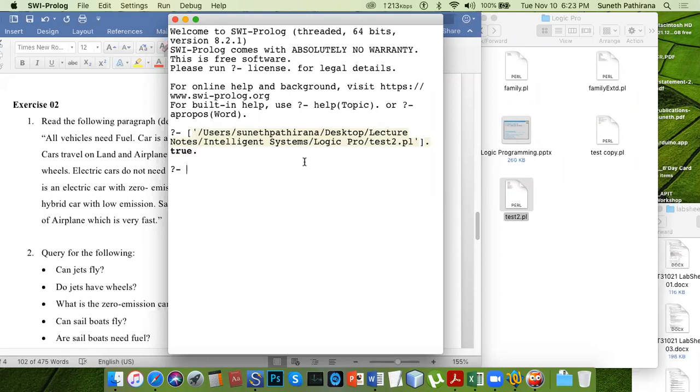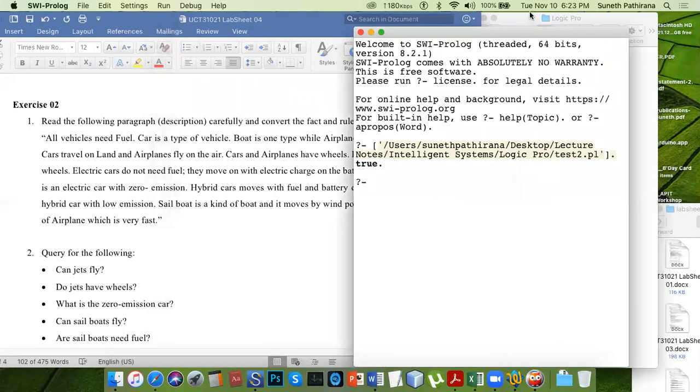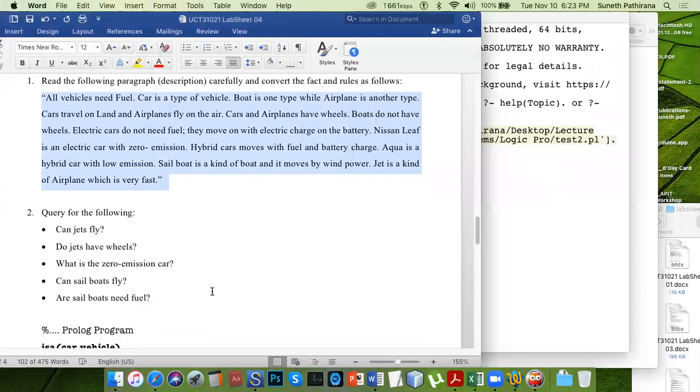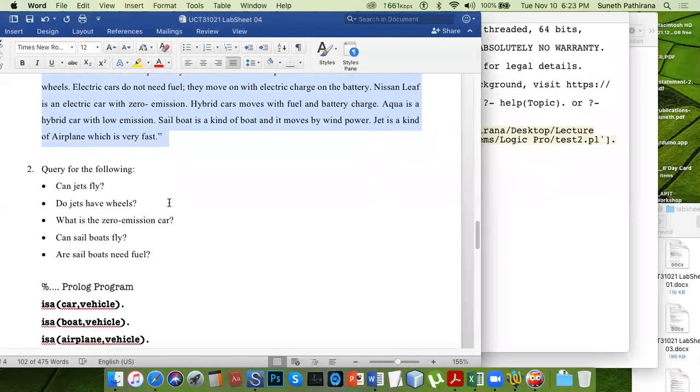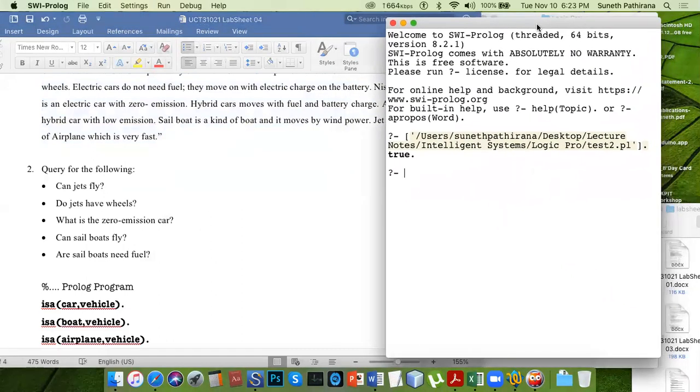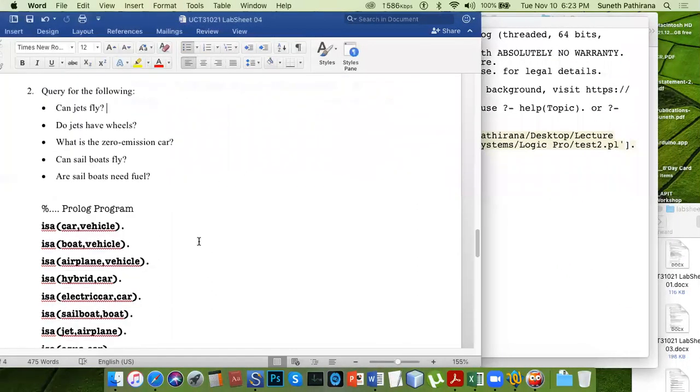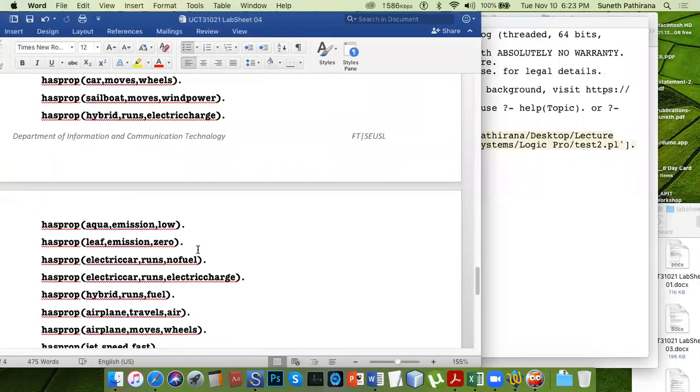True, no errors or even warnings. Now I can ask the questions. Query: can jets fly? How to ask this question?